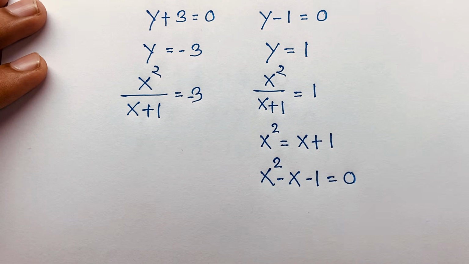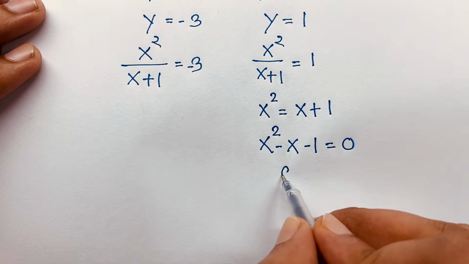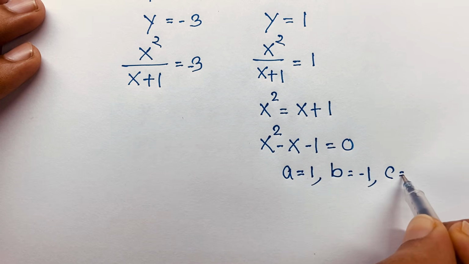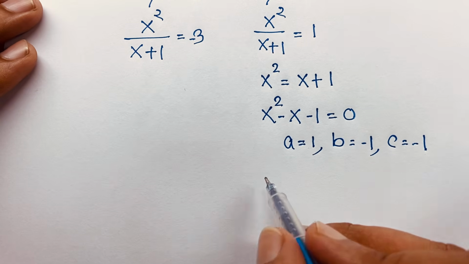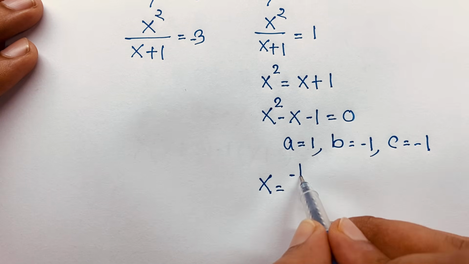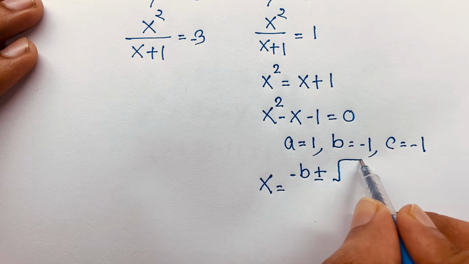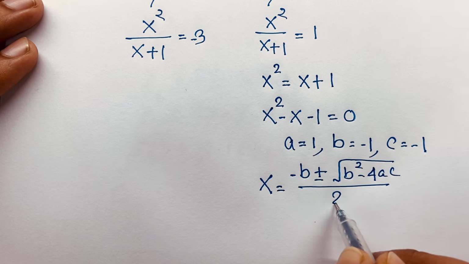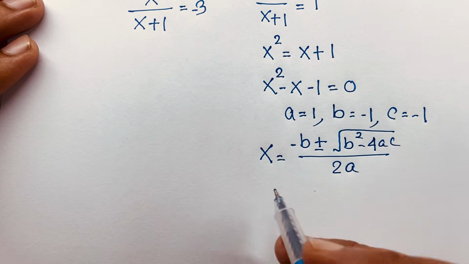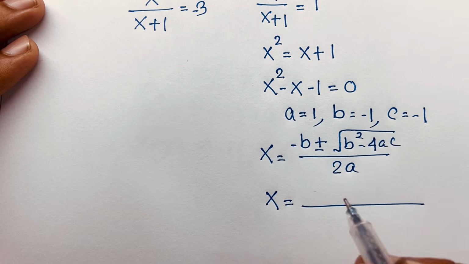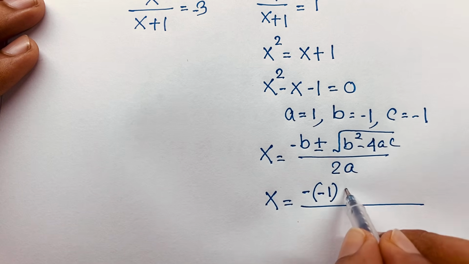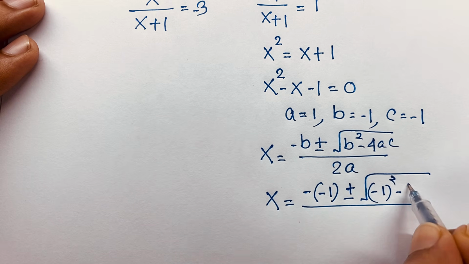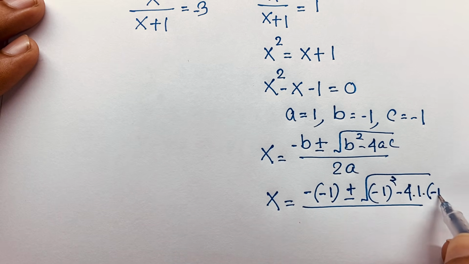Then here a is equal to 1, b is equal to minus 1, and c is equal to minus 1. Then you can say here x is equal to minus b plus minus square root of b square minus 4ac over 2a. I apply this math formula here, which is x is equal to minus b, b is minus 1, and this is plus minus square root of minus 1 whole square, b square minus 4ac, a is 1 and c is negative 1,